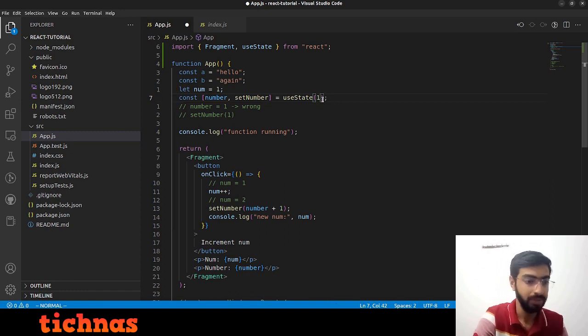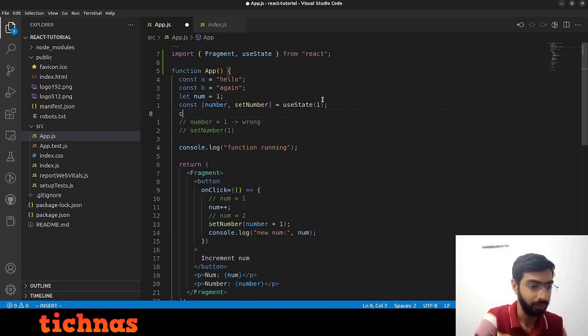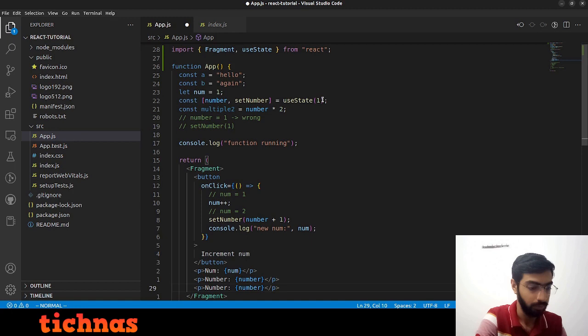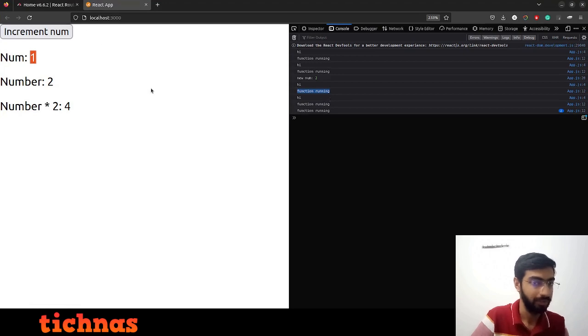Cool. So normal variables are not really useful. I mean, these can be useful. For example, let's say you have const multiple 2 equal to number into 2, and here along with the number you also do number into 2. I mean, obviously you can do number into 2 here, but for explaining, multiple 2. Now if you do, and yeah, by the way, the app updated but still the number is 2, because when the app updates